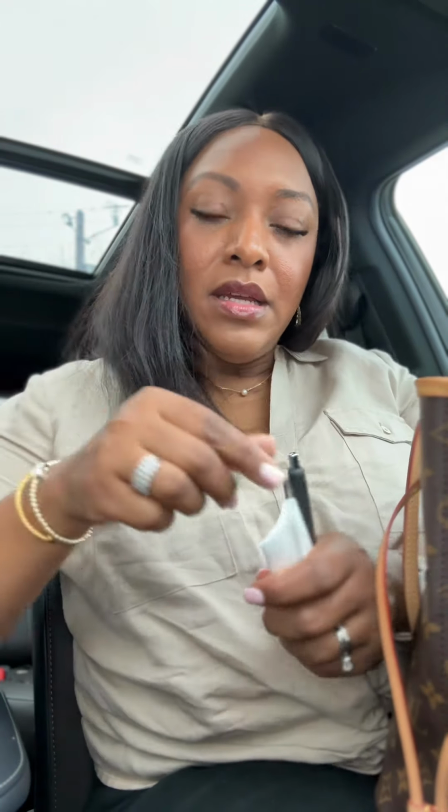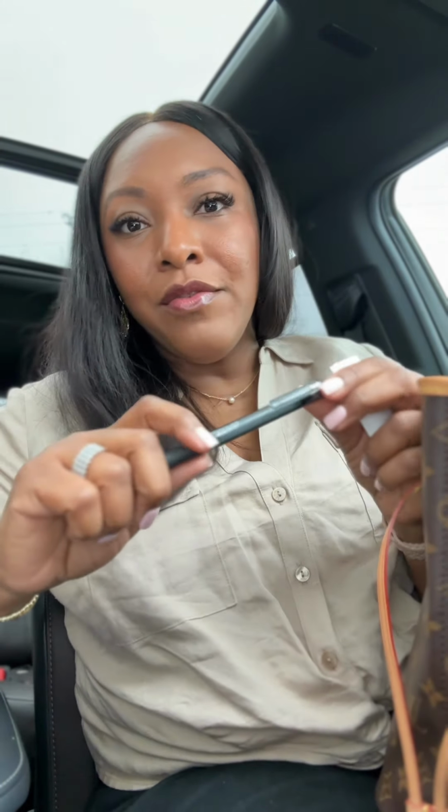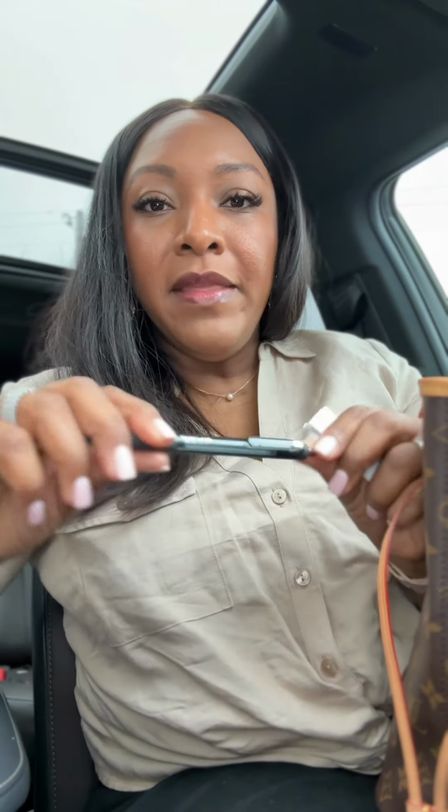Anyway, moving on. Got to have a pen in there, right? There's always a situation where someone's going to call you, you need to jot something down, and then you have no pen. So I always make sure to have these. These are my absolute favorite pens. I have them in literally every single color, y'all. It's so good. They are the Papermate